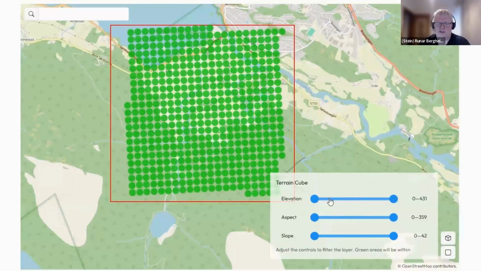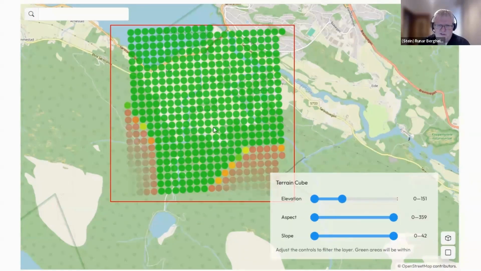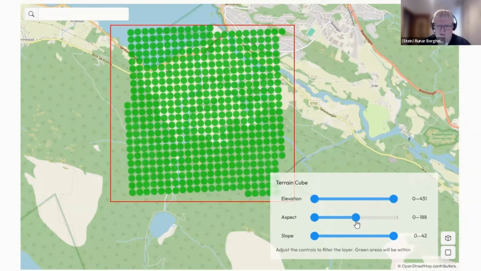And then I thought I'd use a little example from an outtake from JackDaw, where I've asked to create a terrain cube for a small area. Now the dimensions could be anything, but in this case I have chosen to select terrain dimensions because it's a fairly easy example to understand and it's easy to see the correlation. So in this case, you see that the cube has 3 dimensions: elevation, aspect, and slope. And by adjusting each of them, you see that